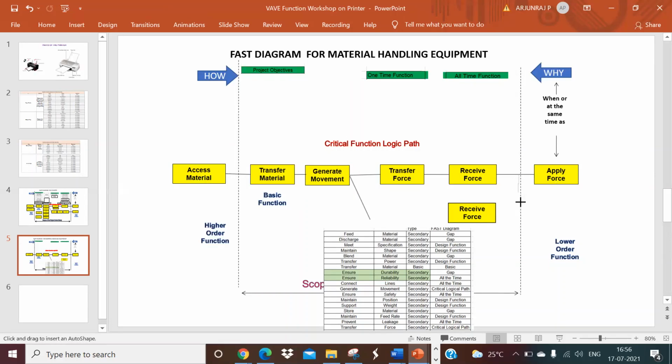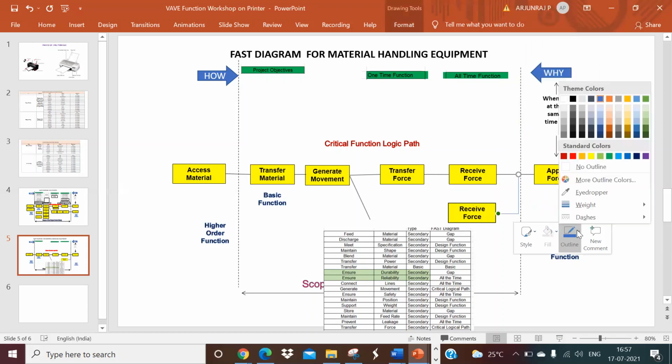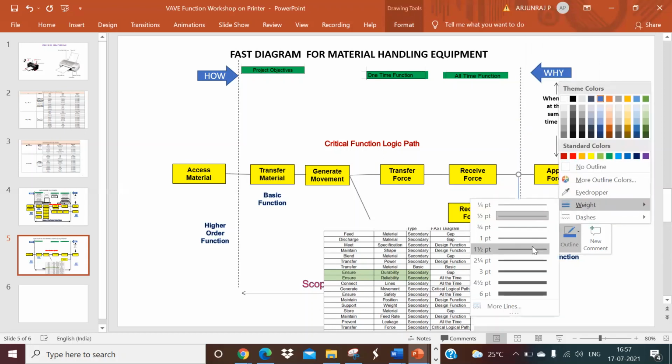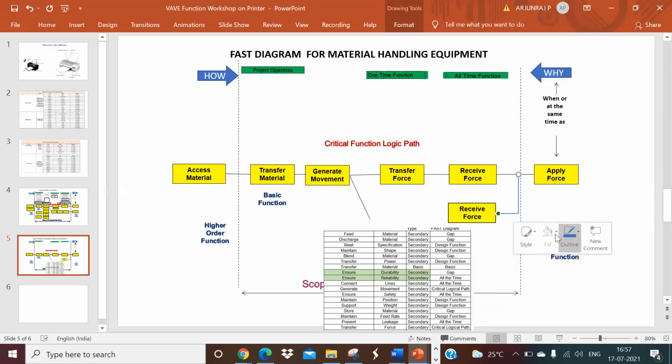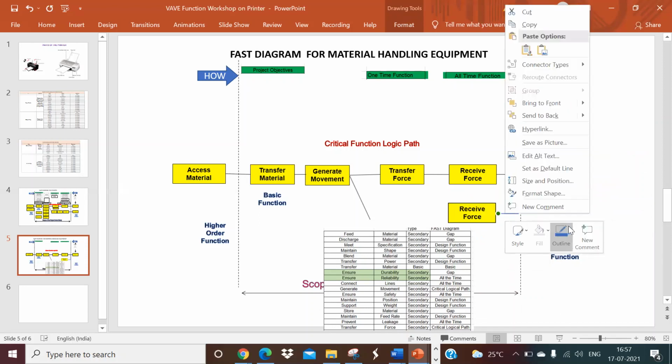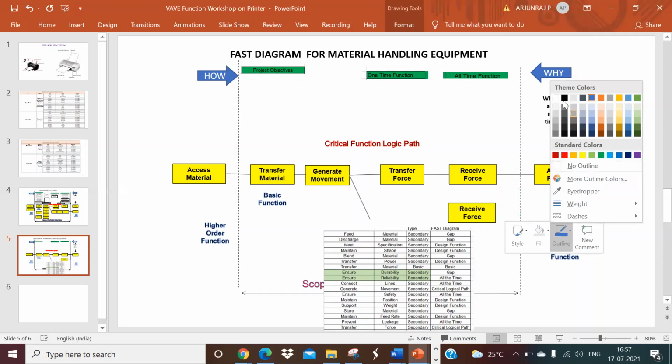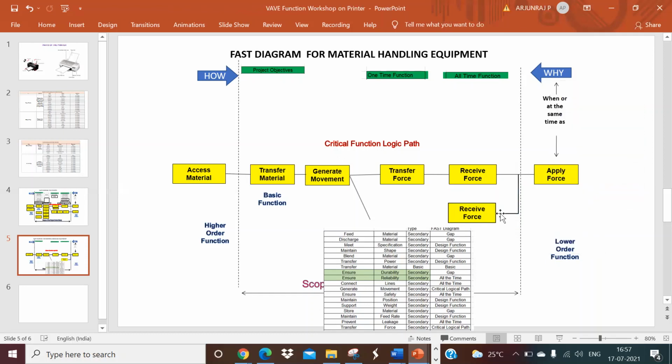Let us try this. Okay, something is coming. Yeah. Okay, this is better. Okay, so now we can also do it in this way. Okay, yeah, this is the best way. Like this you can do.